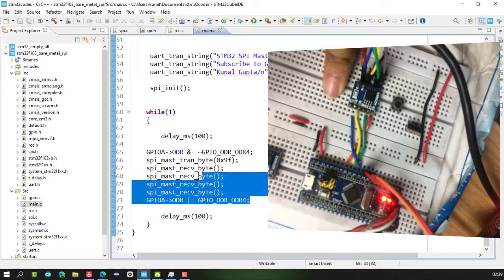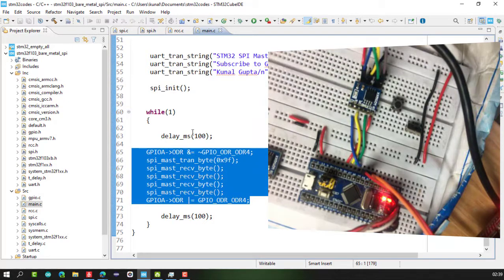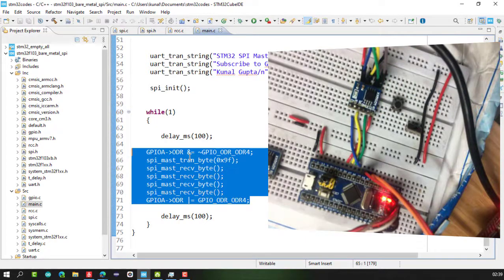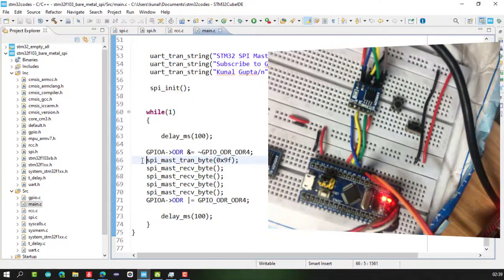And in the same way you can write the whole SPI flash chip application code for these flash chips, as I have done in the previous AVR microcontroller videos also, using the SPI device driver of master transmit and receive functions, as I have told you in this video.